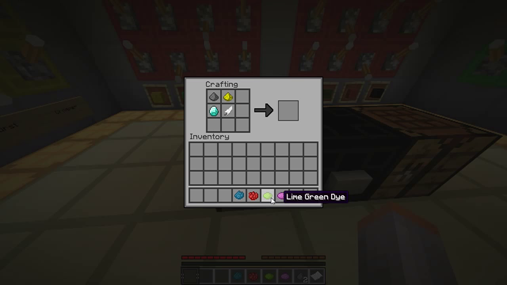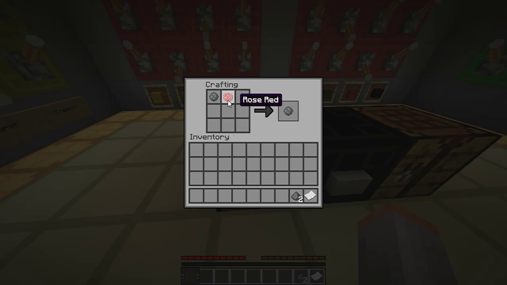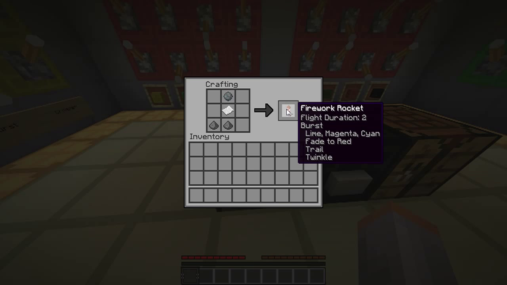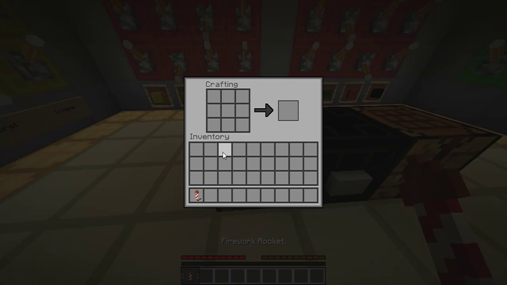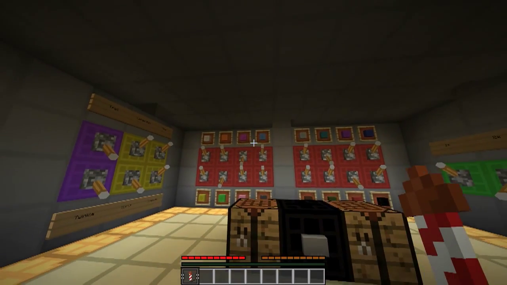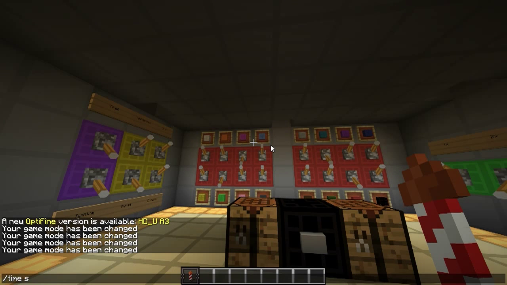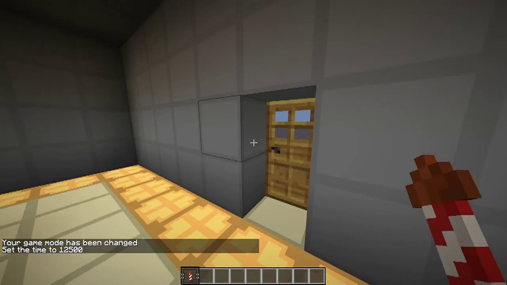I'm going to have lime green, magenta, cyan, take that out, then have it fade to red, and then you've got our fireworks done with all our nice effects on it. And then to make the firework itself, all the ingredients there, and we have our rocket. Awesomeness. So if we head on over into creative, set the time to night, and head outside,